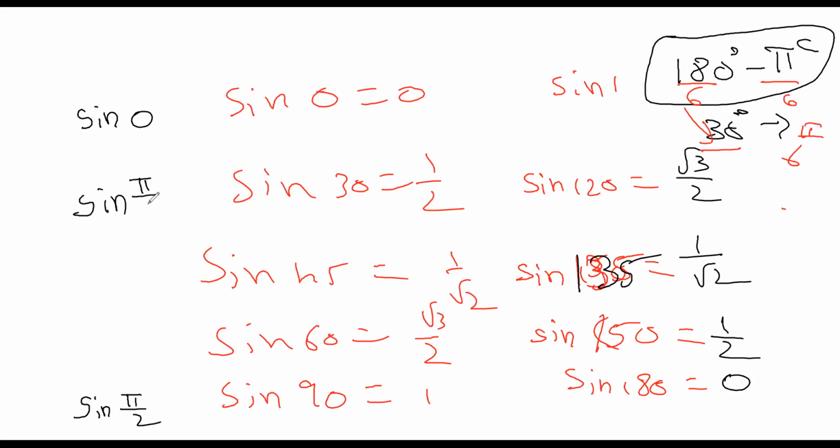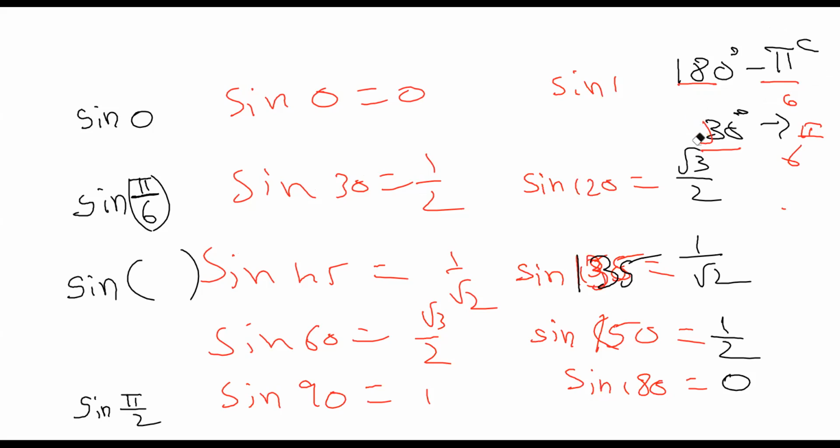They also represent the angle like this. If they are representing everything in radians, they won't go for degrees. They will represent only in radians. That's why you have to know. Pi by 6 is 30 degrees. Now 45 degrees in radians. So pi by 4. We know pi by 2 is 90, so half of it, pi by 4.